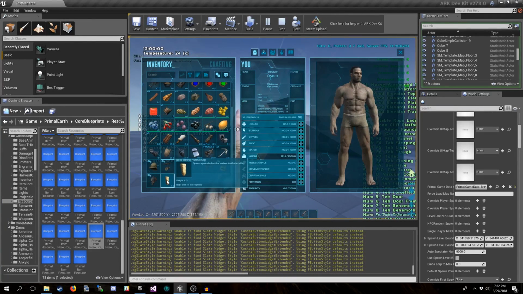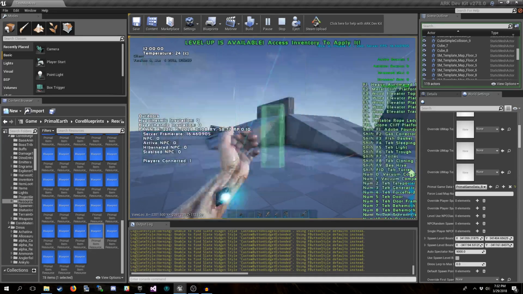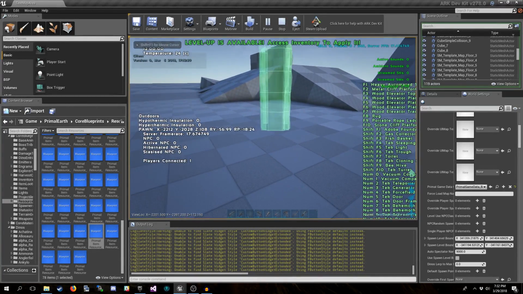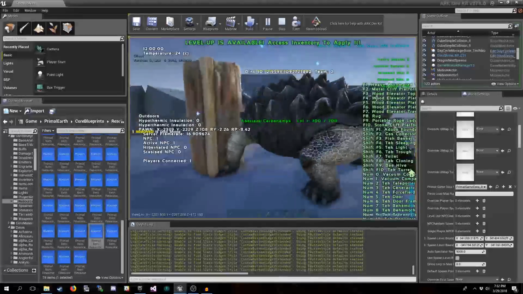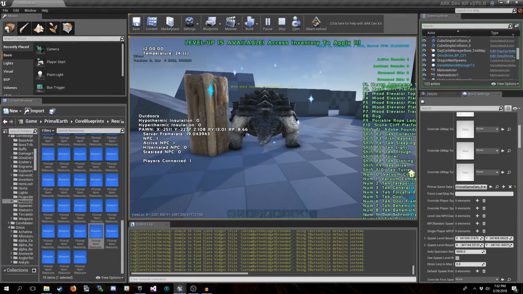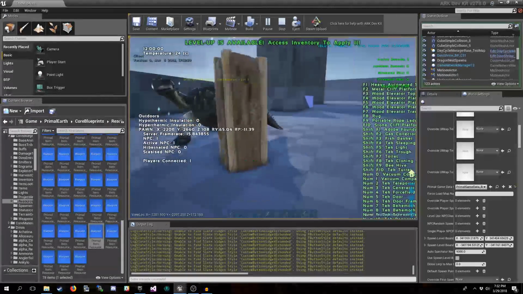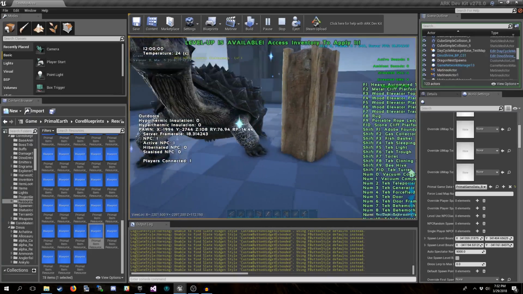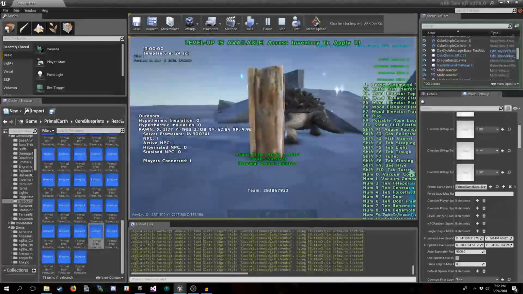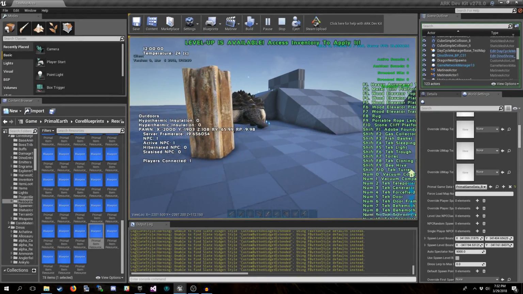Alright, Dino Shrine spawns a sparkly dino. Well, I'll fix that in post. Not really. Places, and there's the dino. Just immediately. So this will work in game now. When we cook our mod and it gets used, it would just work like that.